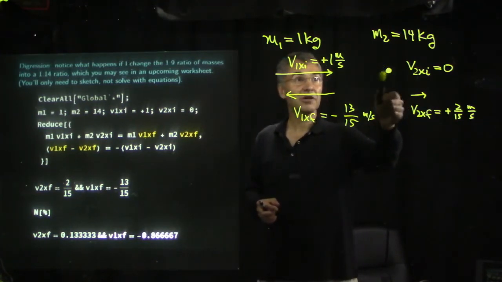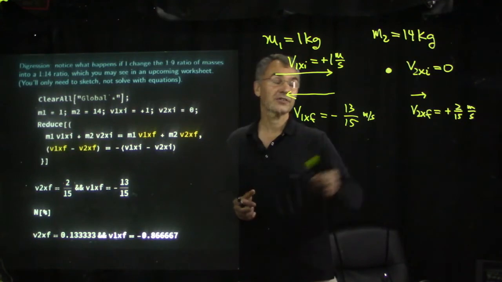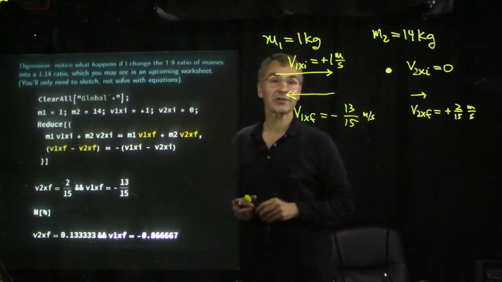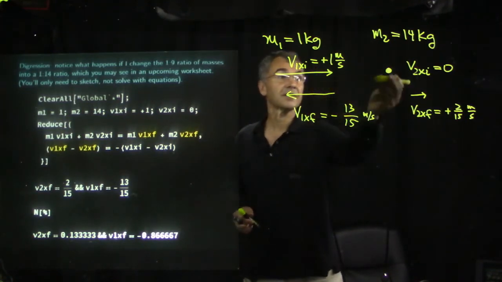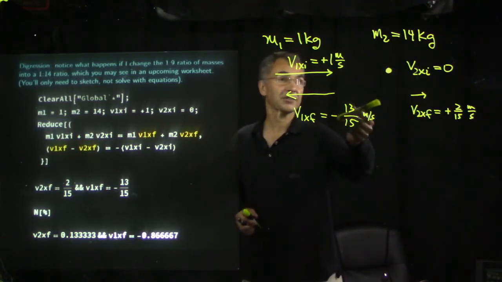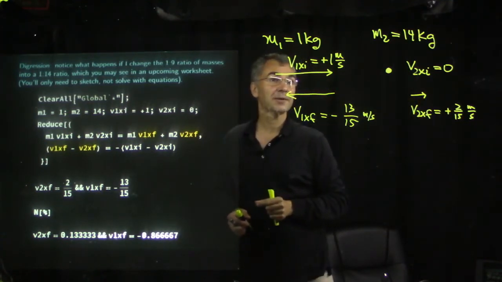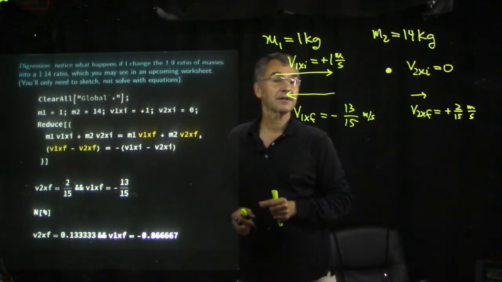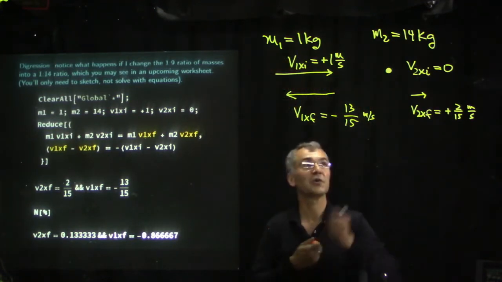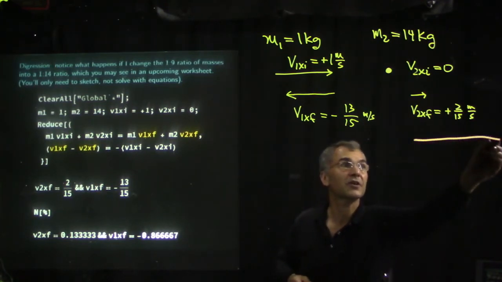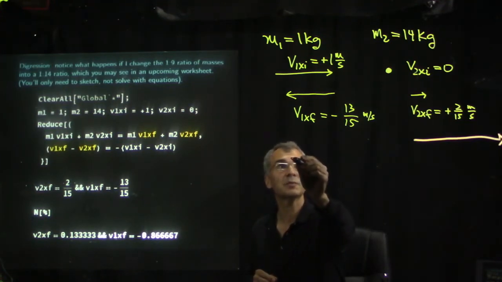Now, this basketball, or the 14 kilogram object, is initially at rest. So what happens after the collision? Well, if all of this initial momentum went to the M2, the 14 kilogram object, then you would just take this line and divide it by 14, and you would get this line. But in fact, this momentum is reversed to this momentum. So if we turn this into momentum, we would draw something like 14 times as long. And meanwhile, here's the initial momentum